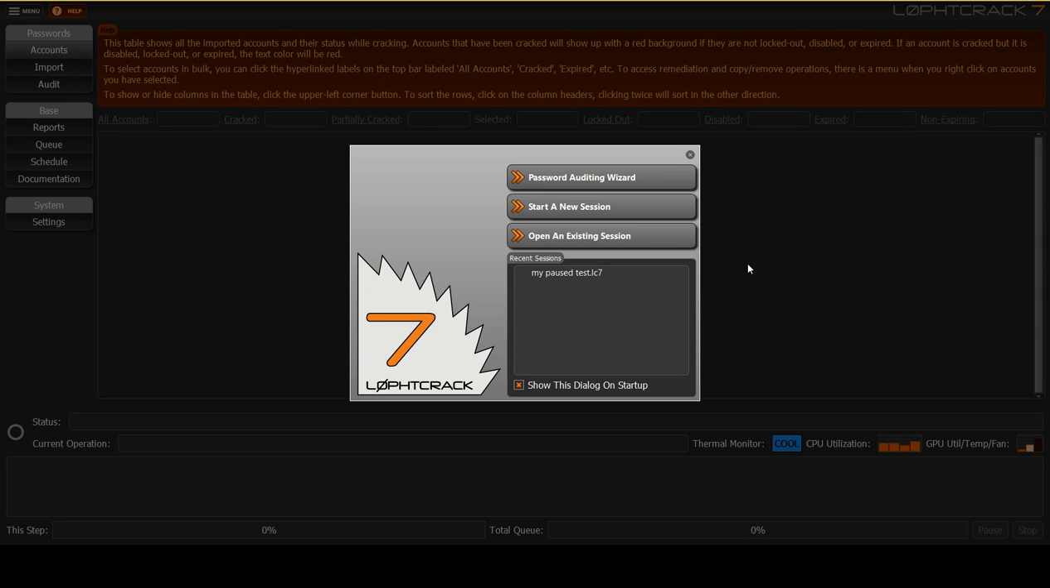Welcome to an introduction to L0phtCrack 7. I want to show you how easy it is to import password hashes with the wizard, then audit and report on them. When L0phtCrack 7 first starts up, it displays this screen, which allows me to select the password auditing